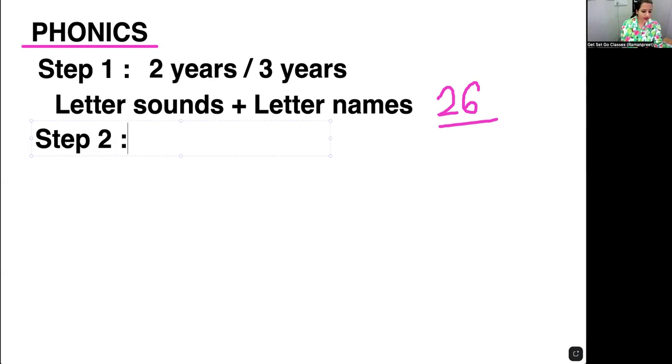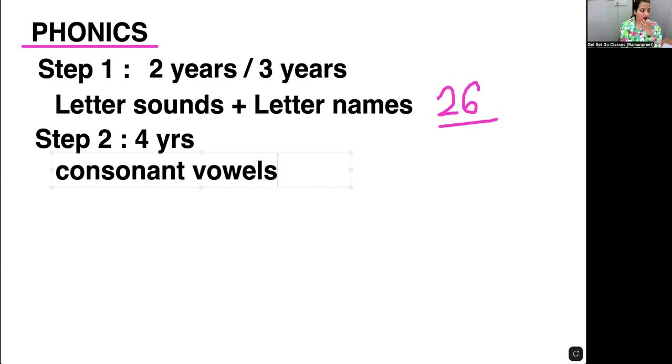Step two आता है, what age group now here. 3 years के साथ अगर आप letter sound start करते हैं, it might take a year or 8 months or 7 months or so. So this step two can be started with a child who's 4 years and above. Okay, and here the first thing that you have to teach is consonant